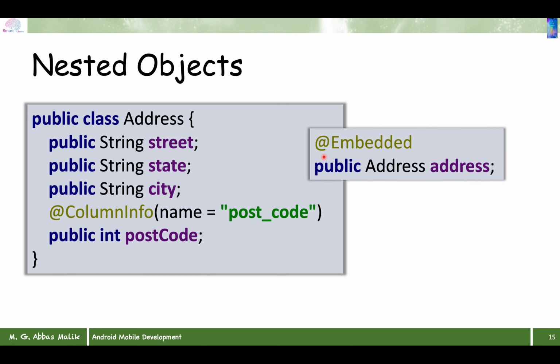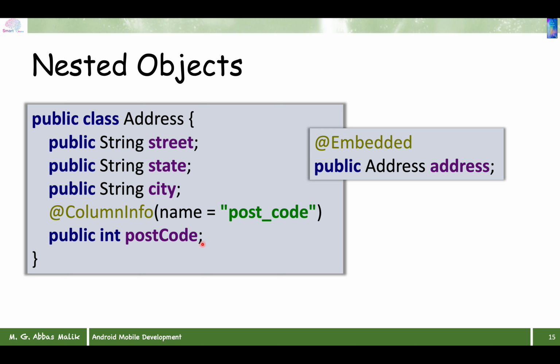So we say public, create the object of this class, public Address inside our students class, and we say @Embedded. It means the street, state, city, and postcode columns are now automatically going to be added inside the students table. So that is called embedding. In this way you can have the columns street, state, city, and postcode inside the students table, but still you can access them in the form of the address. So we can say address.street, address.state, address.city,